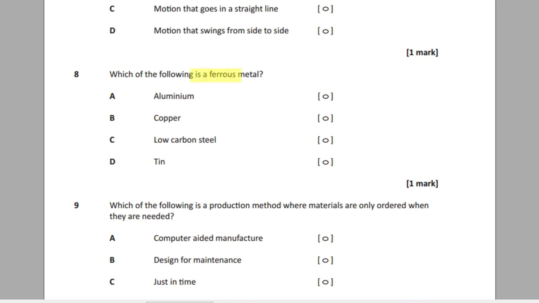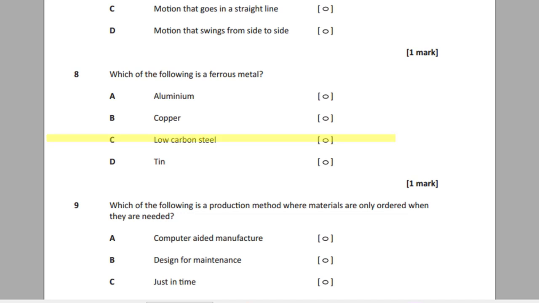Let's start with what ferrous means. Ferrite, ferrous, if you see ferrous, that refers to iron, which has the chemical symbol Fe on the periodic table. We know that aluminium in its own right is classified as a metal, and it can be found on the periodic table. We also know that copper is also a metal in its own right, and neither contain iron. We know that tin is also a chemical element that can be found on the periodic table and has its own symbol, and that is also a metal.